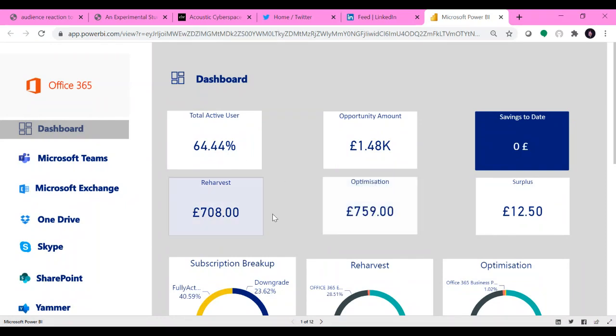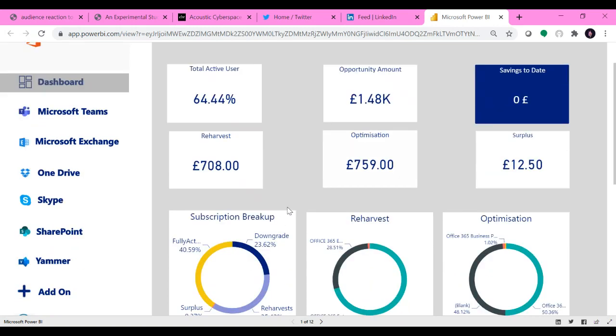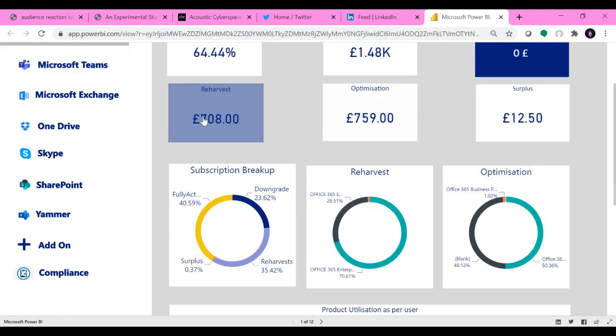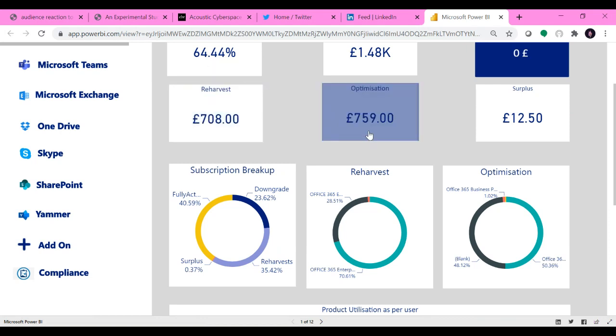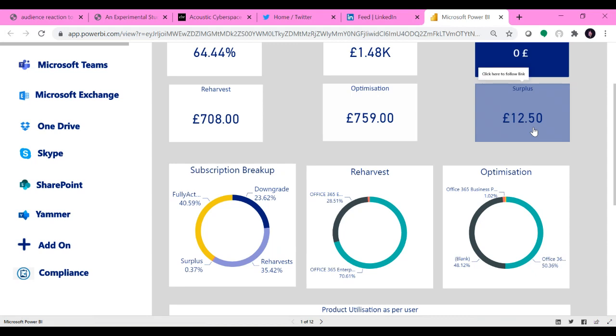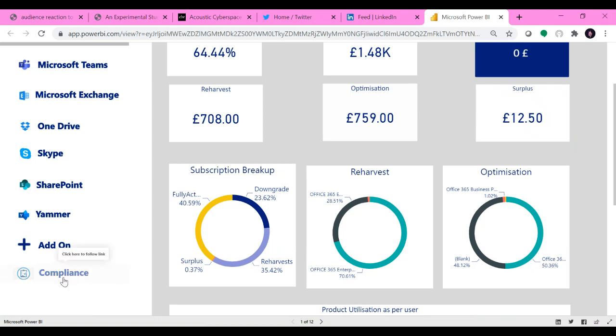Now, of course, here is our dashboard. And this is demo data, of course, but we can give you advice on reharvesting, show you different optimization areas, and of course, show you different licenses you're in surplus with. But to answer that question we currently have on the screen, our Smarter SaaS does have a compliance feature, which you can see on this left-hand side. Simply click on that,